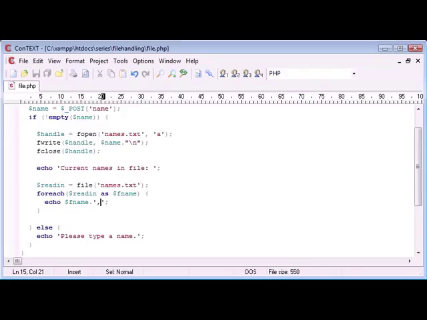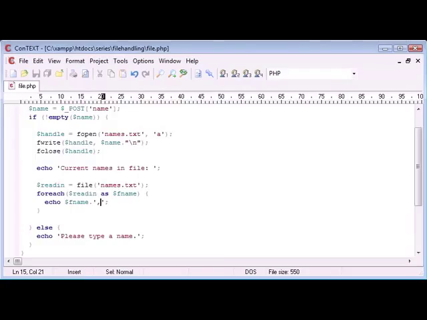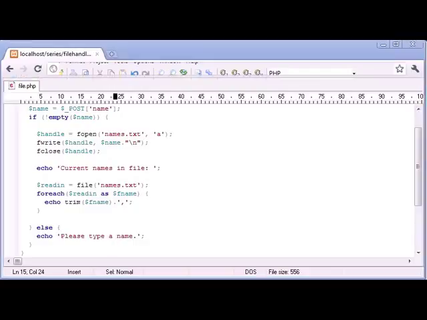We need to first of all see what's going on here. Now Alex has a space after it, as does Billy, as does every other name in the list, and we can use a function called trim to trim this down, and this removes whitespace from the start and the end of our name, as well as any other special characters. So just by adding this function around the name as we echo it, we can see that it's actually